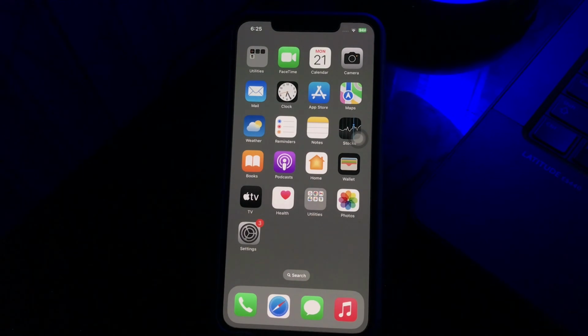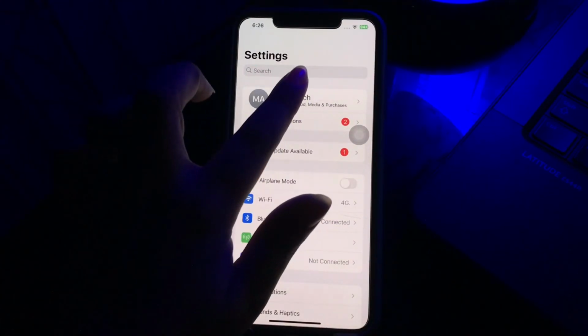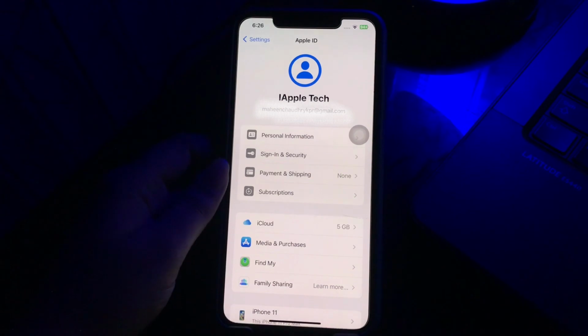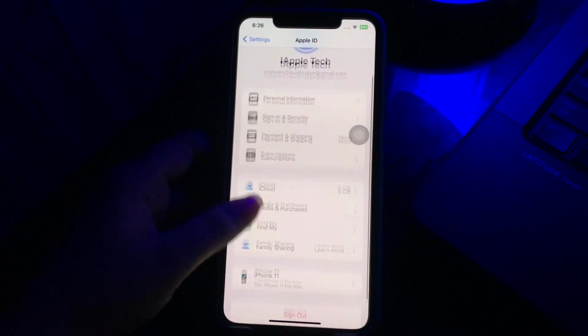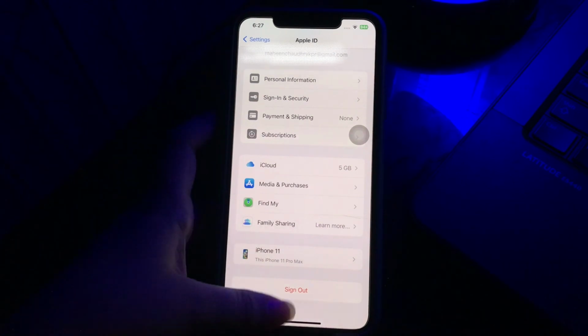And the next step is remove unnecessary devices from your iPhone. For this, go to the settings app and select the profile name at the top. Now let it load all the devices on the Apple ID page. After it loads, scroll down the Apple ID page to the bottom. You should now remove those devices from the list of devices that are not needed anymore. To do that, simply tap on it and click on remove from account at the bottom and you are done.